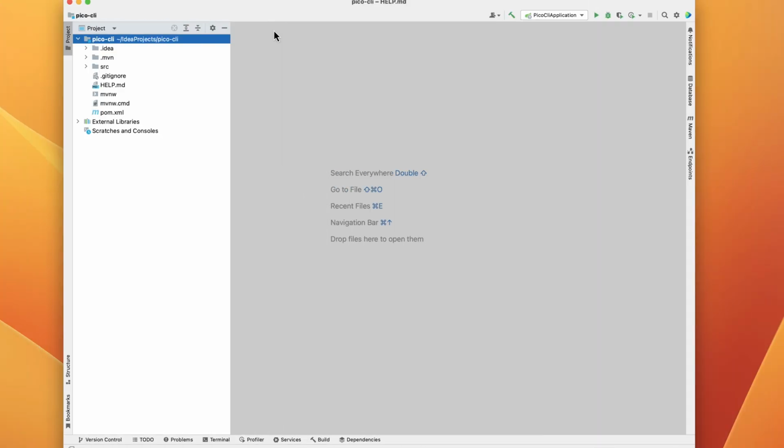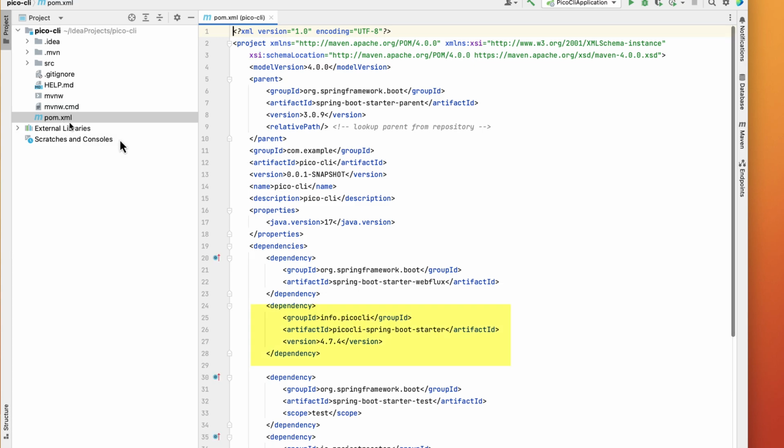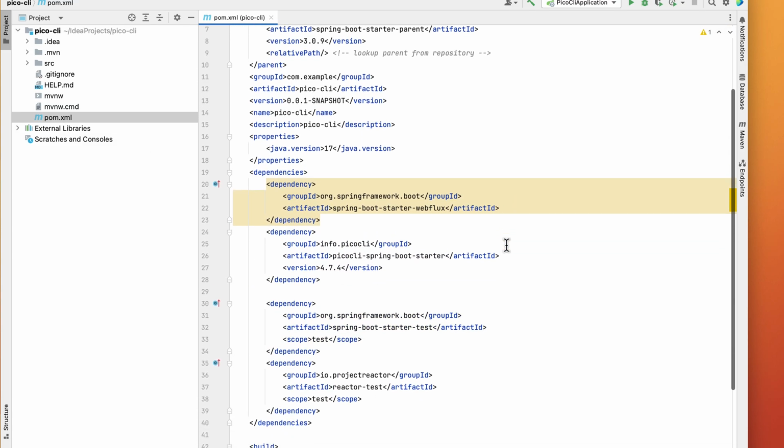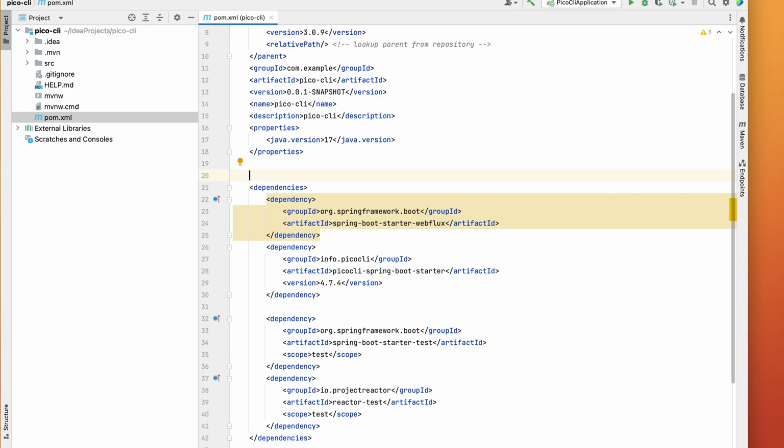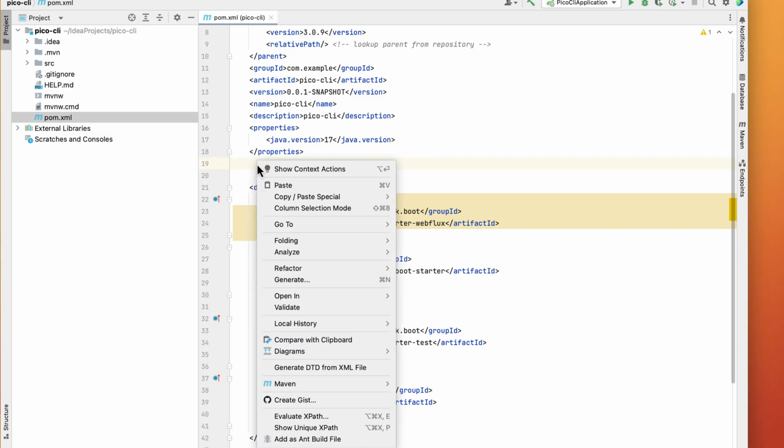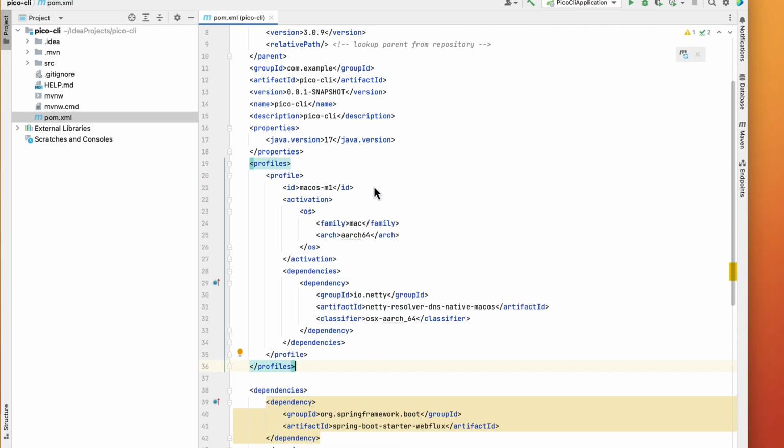Let's take a look at the pom.xml file. We see the picocli dependency that was added, as well as the other dependencies. I'm running this code on a Mac using an M1 chip. I'm going to add a profile to my POM file so I don't get an error at runtime. I'll paste it in so I don't make a mistake typing. This is a profile that's automatically activated when I build the code with Maven on a Mac using an M1 chip. It adds a specific native Netty dependency that works for the Mac OS M1 architecture. If you're running on a Windows or Linux machine, you should be fine and won't need to make this change